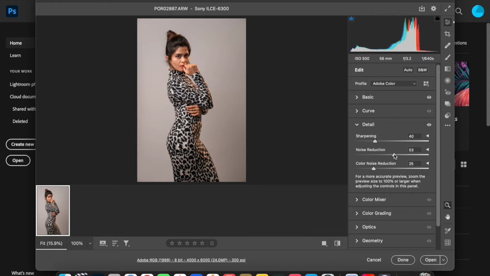Otherwise I always keep it around 50 to 60, because if I involve any noise, this will rectify those problems. Now I will increase the sharpness here, and this is it. You're going to do only this much in Camera Raw. We can tweak and play with colors in the color mixer, but that is the later part, right? So let's click Open.